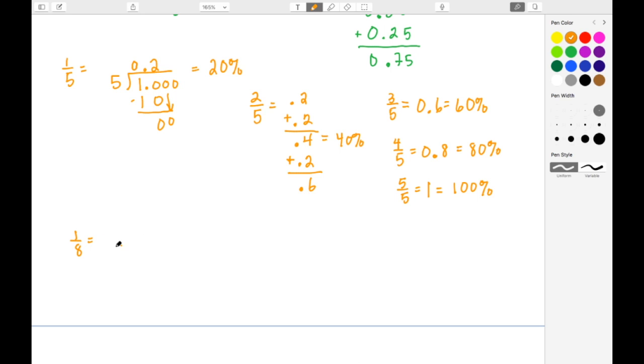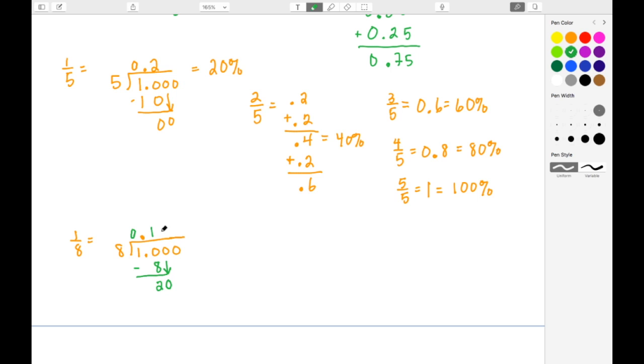We know that the denominator becomes our divisor. The numerator becomes our dividend. So I place in a 1, decimal point, and I'm going to place in a few zeros here. And I'm going to place my decimal point here at the top. Let's go ahead and switch the color to try to get some separation here. 1 divided by 8 is 0. 10 divided by 8 is 1. 1 times 8 is 8. 10 minus 8 is 2. Then I bring down my 0.